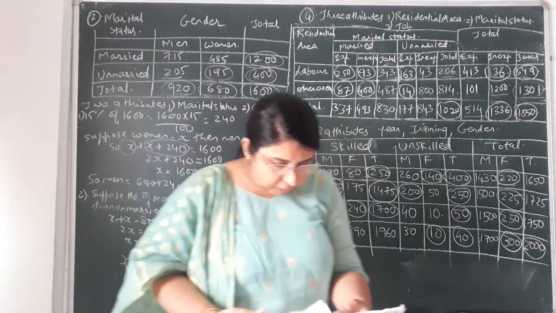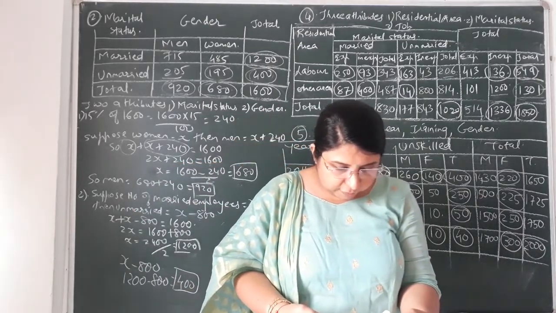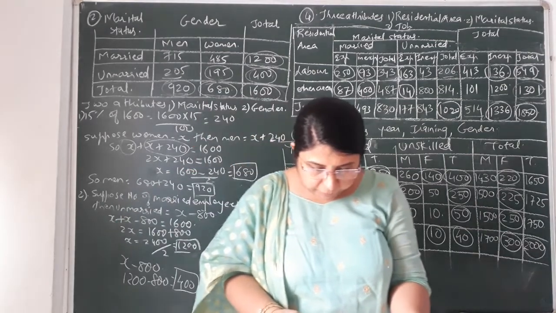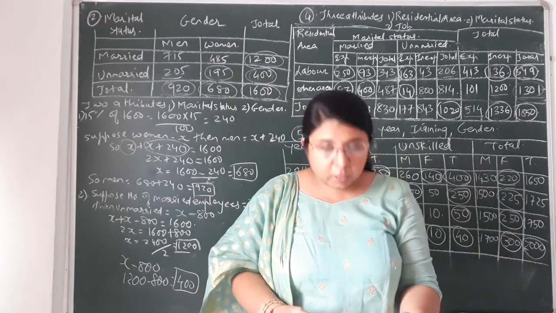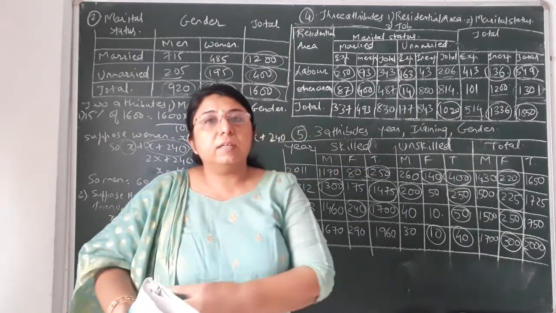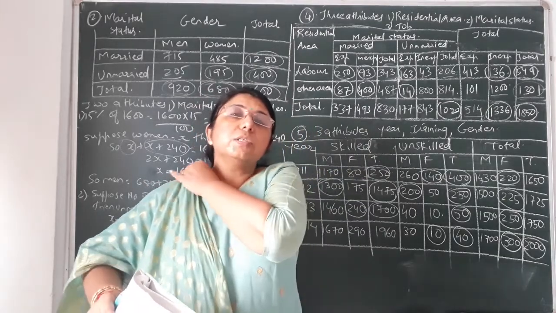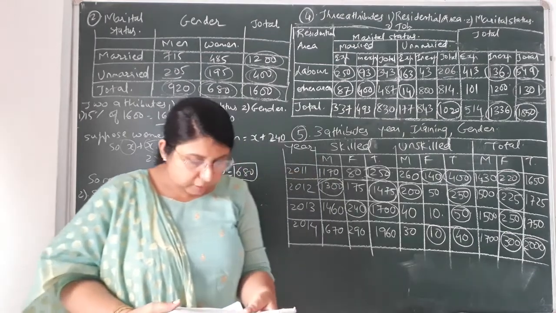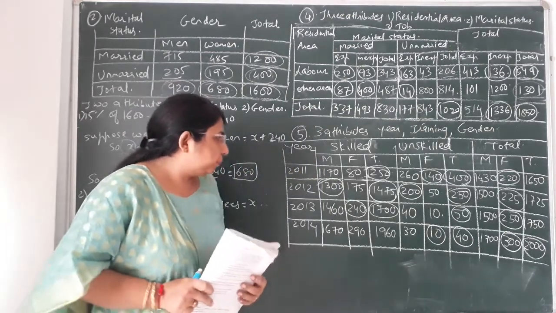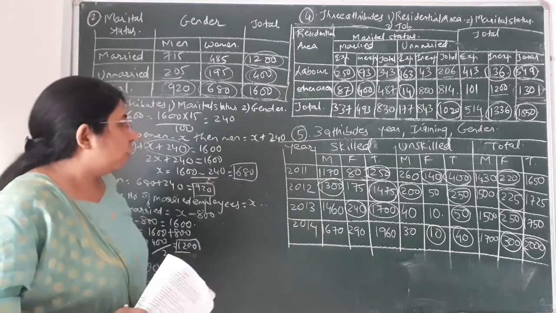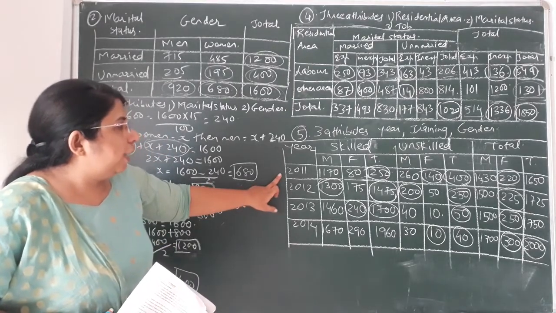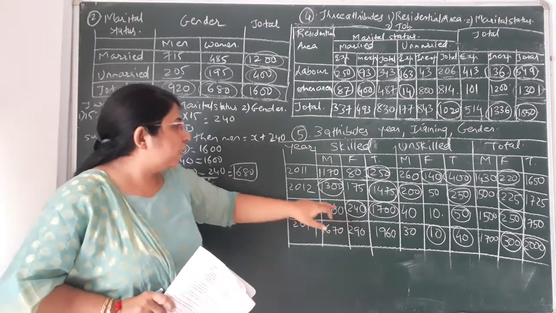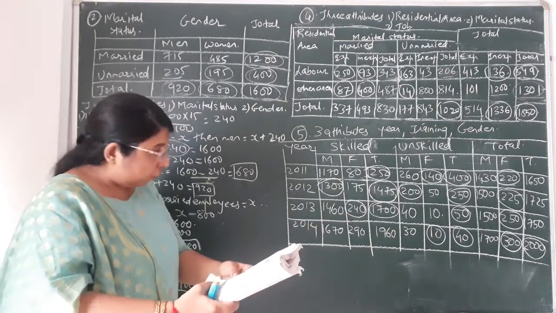Okay. The first sentence: there were 1,250 skilled and 400 unskilled workers in a private company in the year 2011. First of all, in the first sentence the data is given related to only the first year, that is 2011. The number of skilled and unskilled workers, that is 1250 and 400. Okay, so in 2011 the first data that has been given to you is 1250, and that is the number of skilled workers.